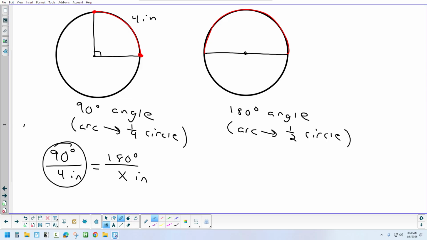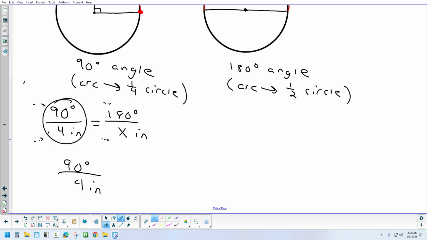We know this already. How do you know that? Well, I just said to you, 90 degrees is 4 inches. Okay, so that side is known. This side is not known. But because they are proportional, if I cross multiply, I can solve for x, and yes, it would come out to 8 inches. Right? But what the advantage of the proportion is,